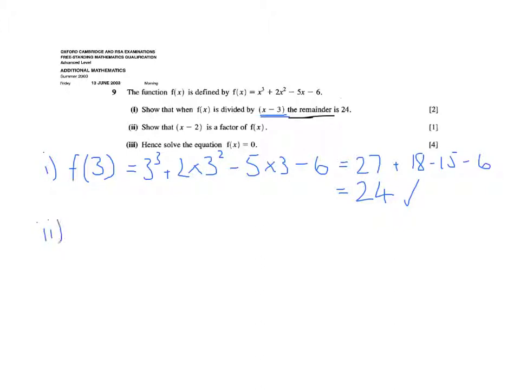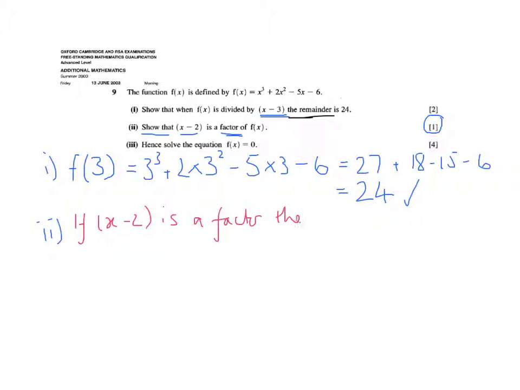And then part 2, even fewer marks are available here, but part 2 is the same idea. We've got to show that x minus 2 is a factor. And this is very similar to the remainder theorem. It's a subset of the remainder theorem, if you like. If something's a factor, then when you substitute the number that makes that bracket equal to 0 into the function, then you get 0. So if we write that straight at the top, if x minus 2 is a factor,